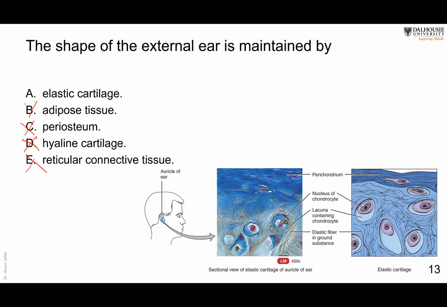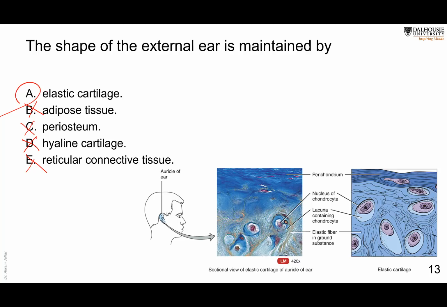We have three types of cartilage. The hyaline cartilage, which is the most abundant and has fine collagen fibers. The fibrocartilage, where there are more collagen fibers in the matrix. That's why it's more rigid and stiff and is present, for example, in the intervertebral disc, and considered the strongest type of cartilage. But the third type of cartilage is the elastic cartilage, which contains elastic fibers that help maintain